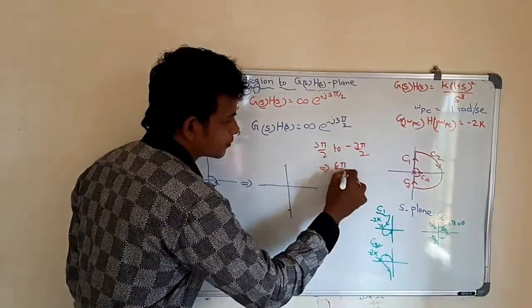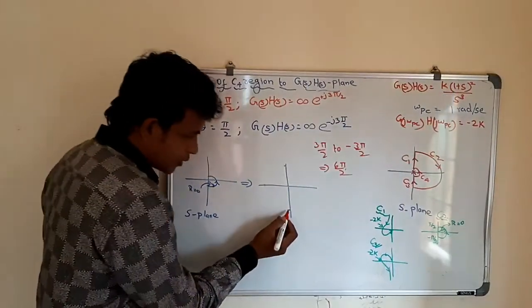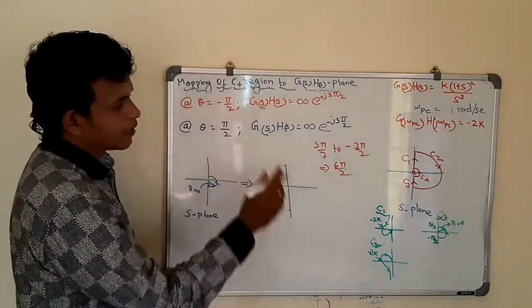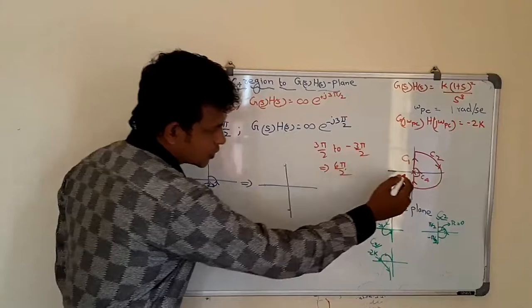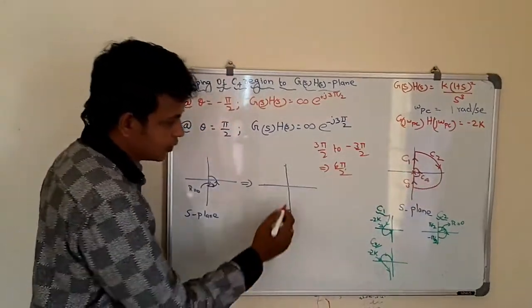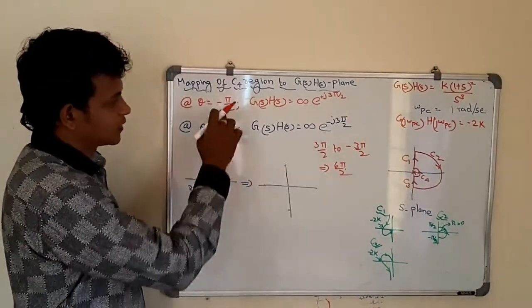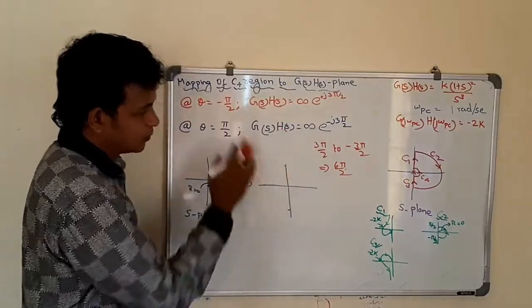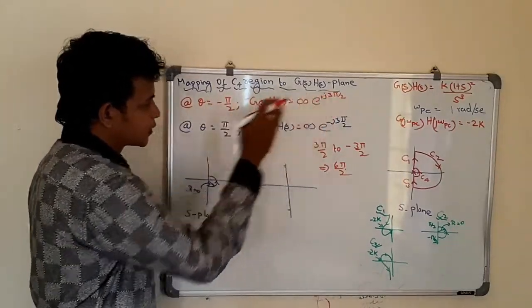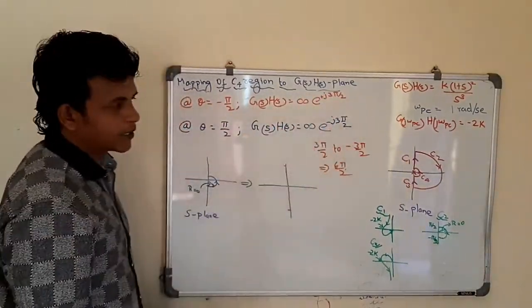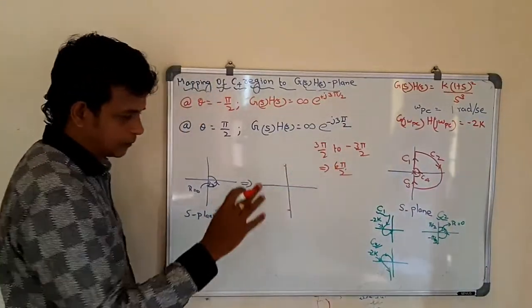Okay, so here it should also vary in the opposite direction of C4. C4 is going in the anti-clockwise direction, so this mapping should go in the clockwise direction because the angles are negative of each other. When theta is negative, here it is positive; when theta is positive, here in the mapping it is negative. So it should go in the opposite direction. Again, the angular distance should be 6 pi by 2.